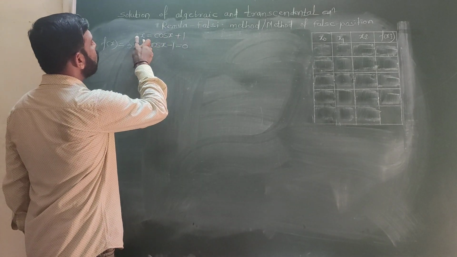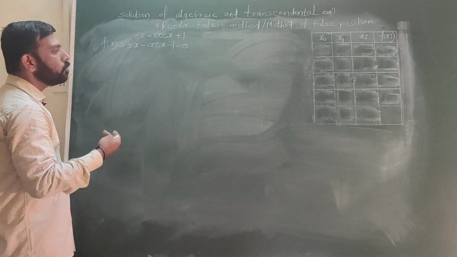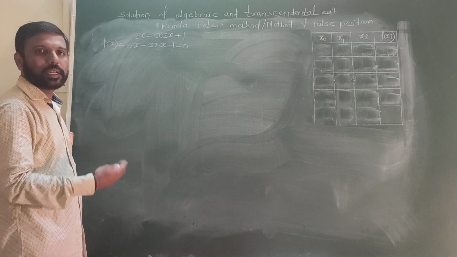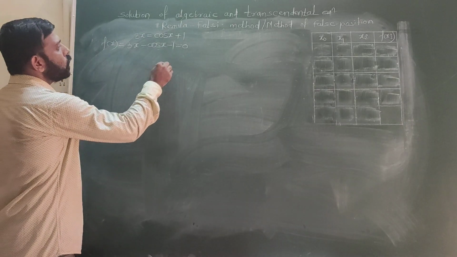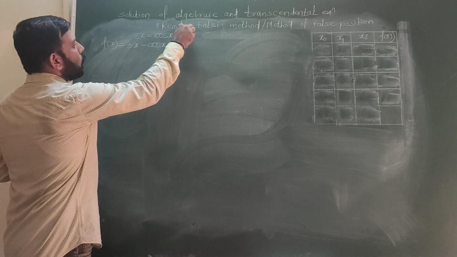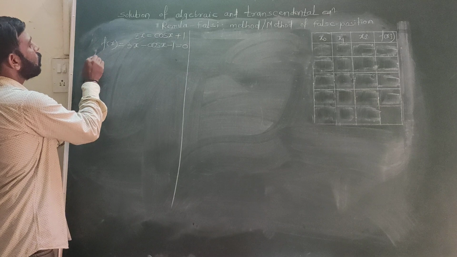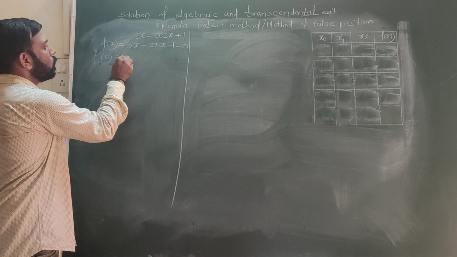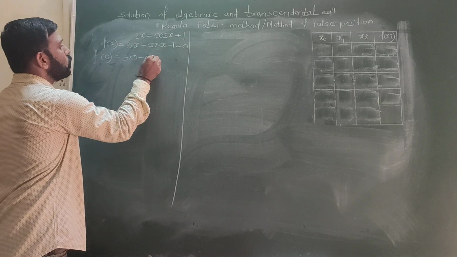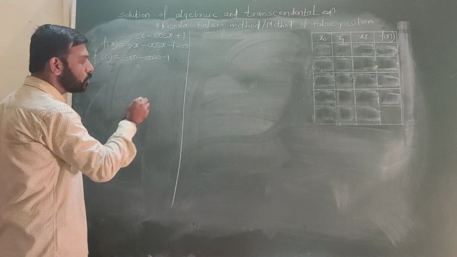or you can write this equation like cos x + 1 - 3x = 0. No doubt we have the same output by rearranging the equation. Now first we will find out the interval where our root lies. f(0) = 3 cos 0 - 1, calculate this on the calculator, the value is -2,